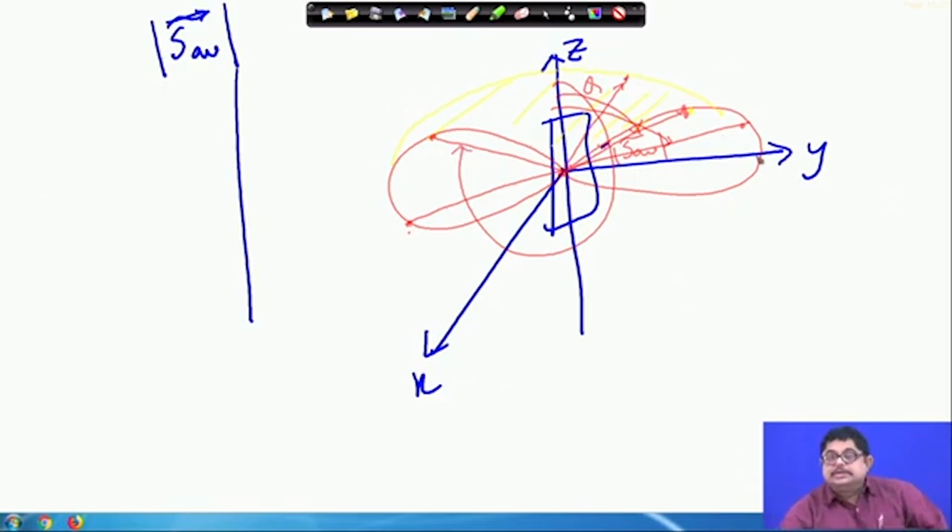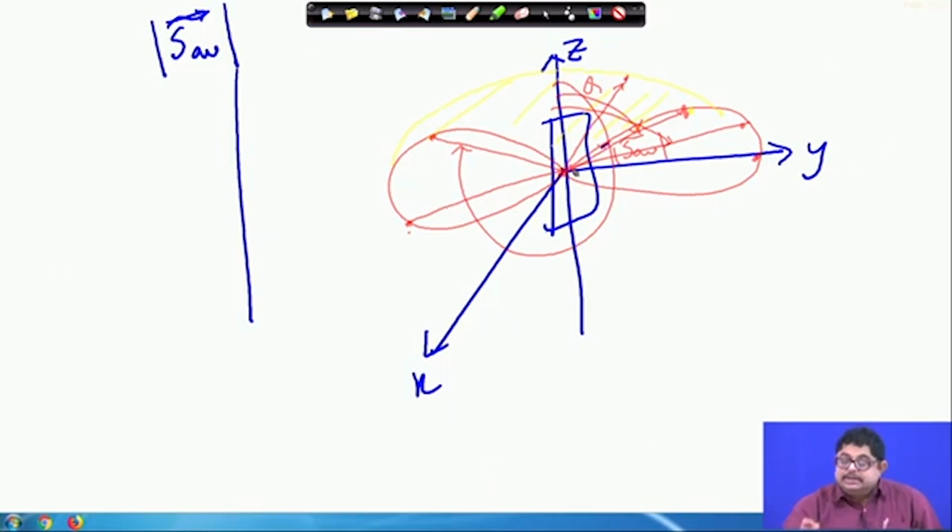So, obviously, it is having a maximum at theta equal to 90 degrees, and it is having a minimum at 0. So, that means along the direction of the current element where the current is flowing, there is no radiation, you see,